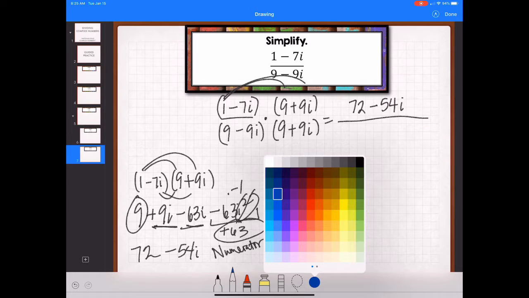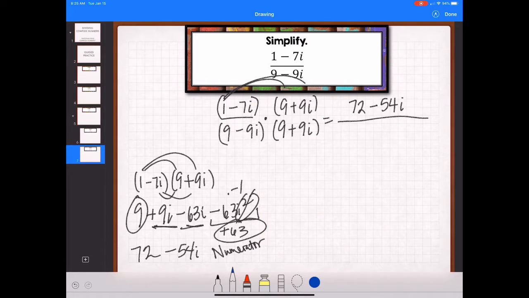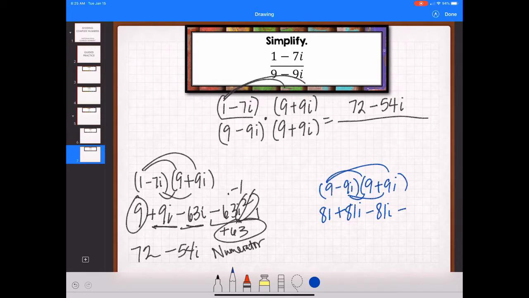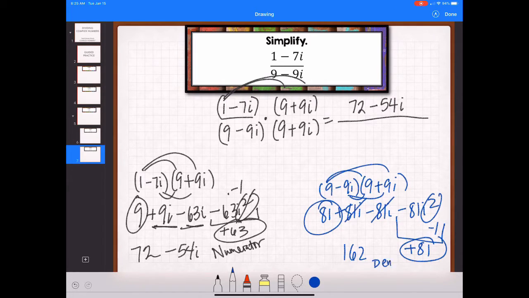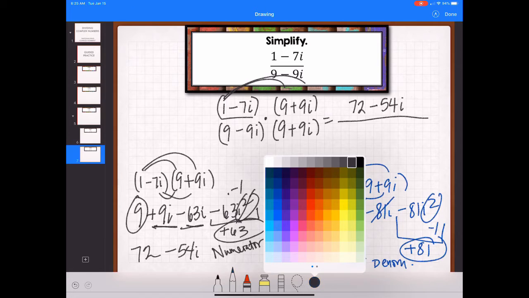Right here, I'm going to multiply the denominator. So 9 minus 9i times 9 plus 9i. 9 times 9 is 81. 9 times 9i is positive 81i. Underneath, negative 81i. And underneath, negative 81i squared. Now the 2 in the middle cancel, so that's good. Right here, i squared is negative 1, so that's really positive 81. So then you have 81 plus 81, so that's going to give me 162, and this is my denominator simplified. So I'm going to put that over here,